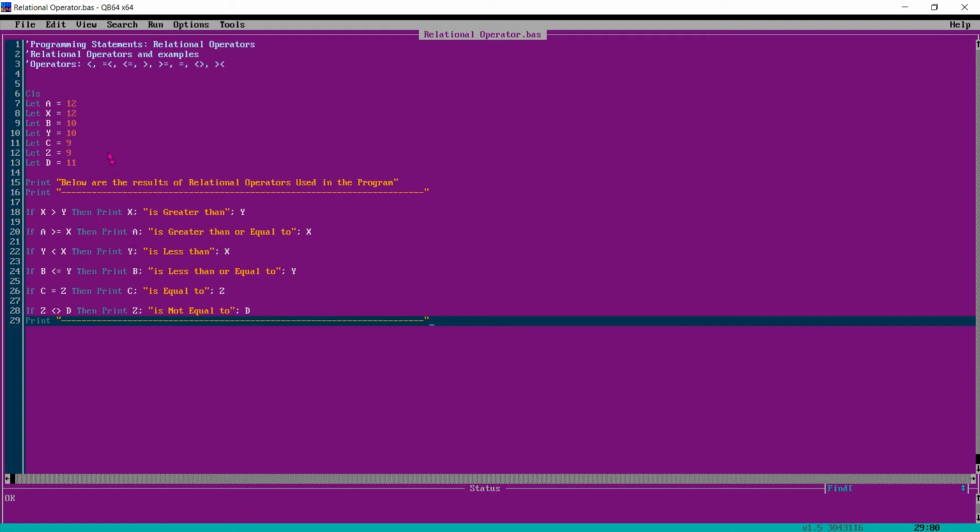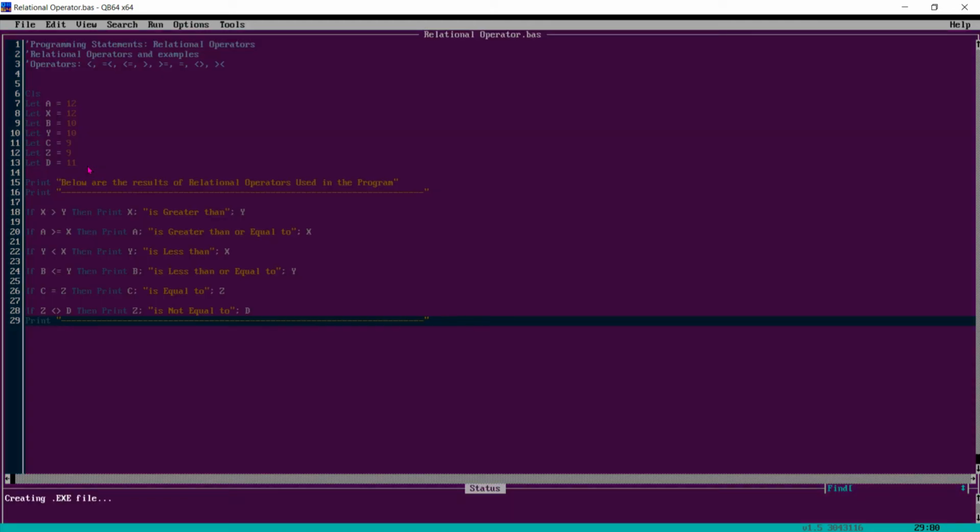Here in the output we are not printing this the way we printed in the last tutorial in the case of arithmetic operators. Let's see the output.